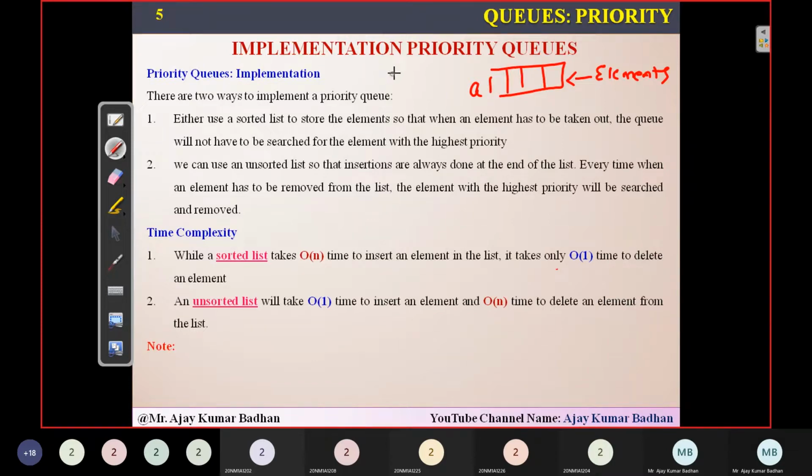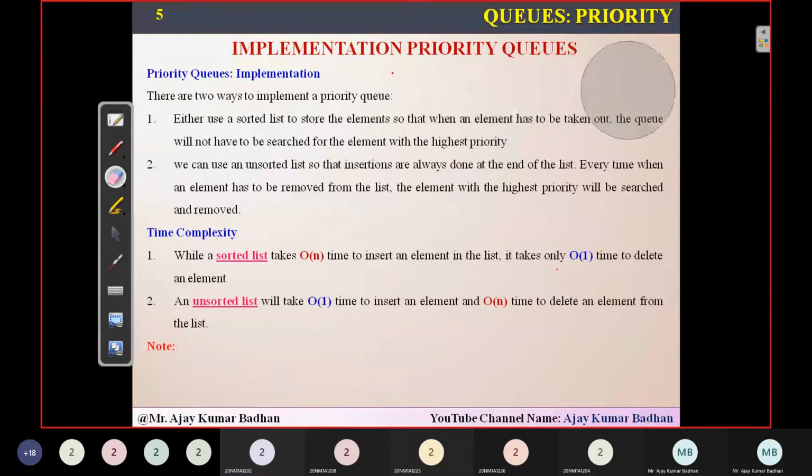So the one which is present in location 0 will have the highest priority. The one in index number 1 will have the next highest priority. Then the one you store in index number 2 will have the next highest priority. Whichever element you store in this location will have very high priority. Whenever you want to delete an element, you can directly select this and delete from the front. So this is your front and this is your rear. You can directly delete the element from the front location, and that element will be processed and the operation performed. That is what he means to say.